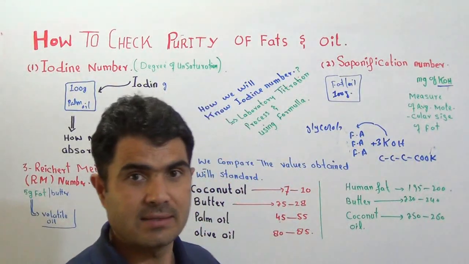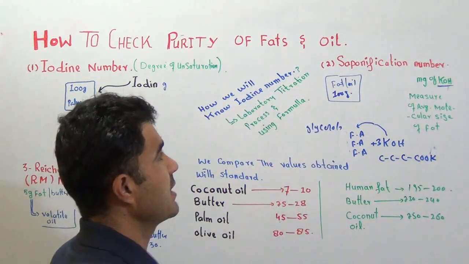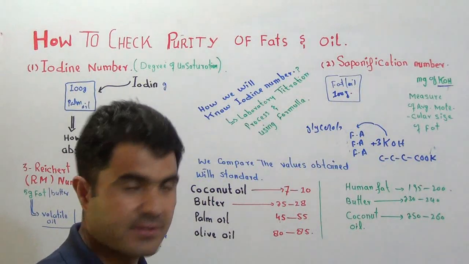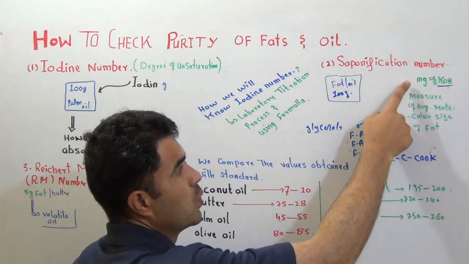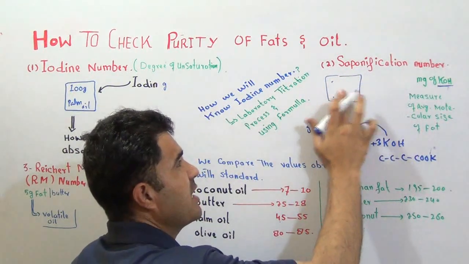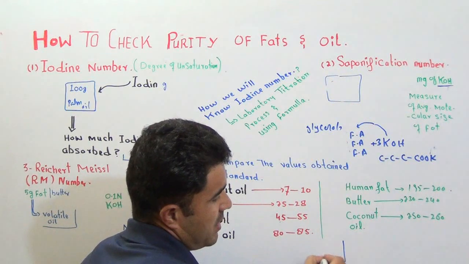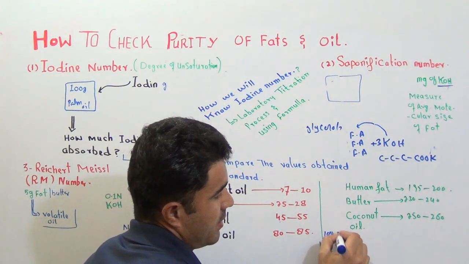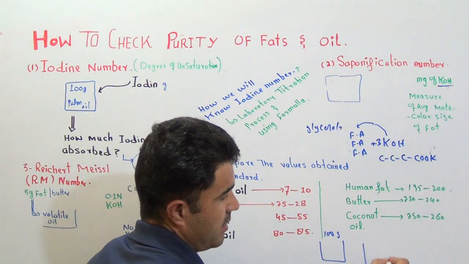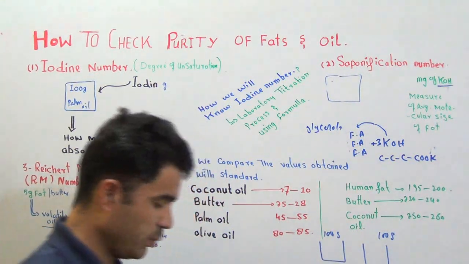It will also tell us whether it is pure or not. Let's suppose here you will take 100 gram of fats, and then you will react it with potassium hydroxide. Let me tell you one more very special thing: if this is one beaker and 100 gram of fat is present, and this is another beaker, 100 gram of fat is present, both these two beakers have 100